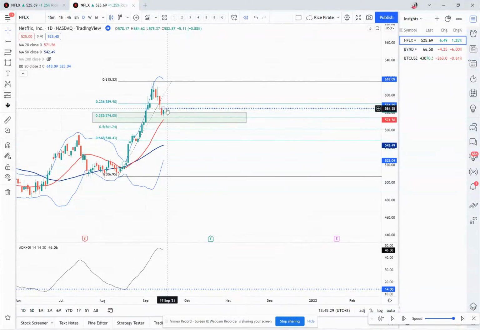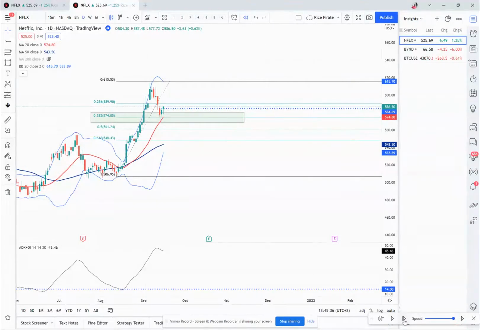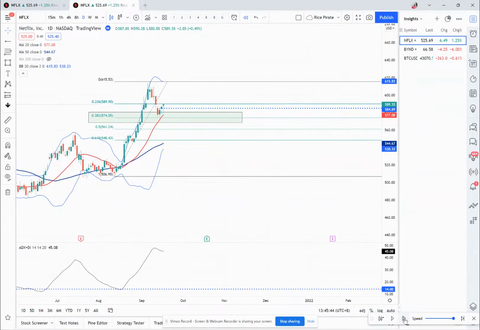But the very, very aggressive trader might say, okay, I'm going to take a trade if it goes above that. I tend to be a little bit more conservative, and then we close above that. Okay, we still didn't hit the 20 as far as I'm concerned, so I did not take it. Okay, now I'm starting to say, oh shoot, maybe I should have taken it, but let's see if it goes